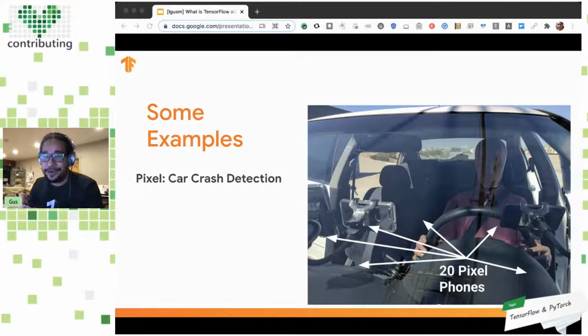And here we have an example of how we train those models. As you can see, multiple phones in the car and with a dummy, and it crashes and they get the sensor data so they can create a model. So this model is super interesting and it can really help, right? Because it has to figure out that if you are in a car crash instead of dropping your phone, right? It has to figure that out, and that's what they did. So this is a very good use case.